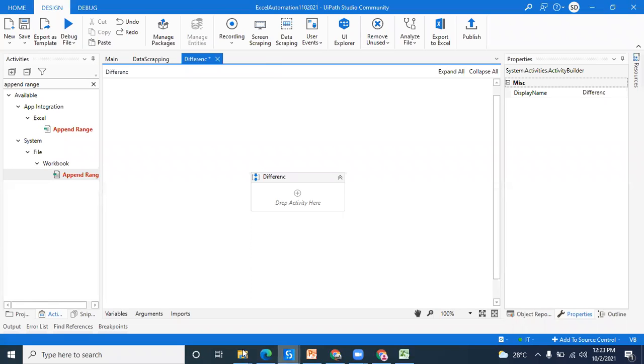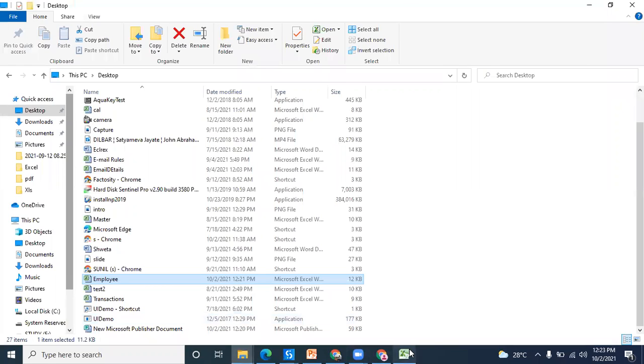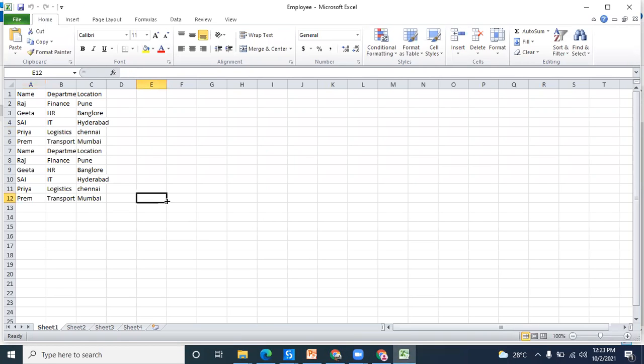Understood what is my task? Hello? No, sir. Actually, I want to find this column value respective to this value. Like if I want to find out the department for the name Priya, I want to find out Priya's department. Or if I want to find Priya's location. That is my actual requirement, because if there are 10,000 rows and I want to find a particular name against a particular column, that is difficult.